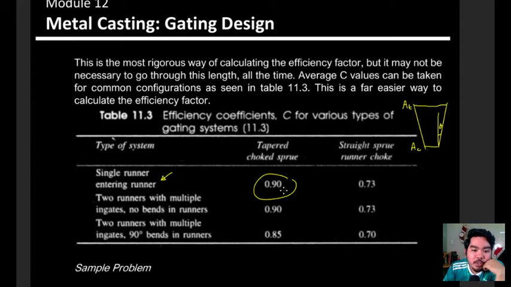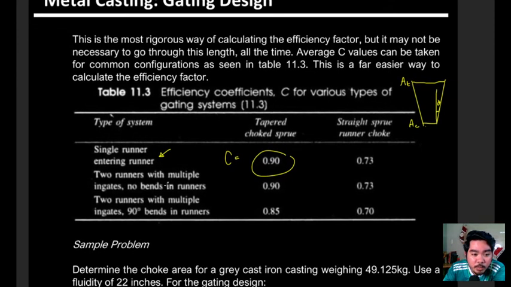So, if it is a tapered choke sprue, then your efficiency factor C, whole C na to, no? Yung C value mismo, hindi yung loss coefficient value na K sub N. Ito, C na talaga yung nasa-solve natin. So, we have 0.9 lang siya. If you have two runners with multiple in-gates, but there are no bends in the runners, then you can use 0.9 again. If it's two runners with multiple in-gates, and there are 90-degree bends in the runners, then we can